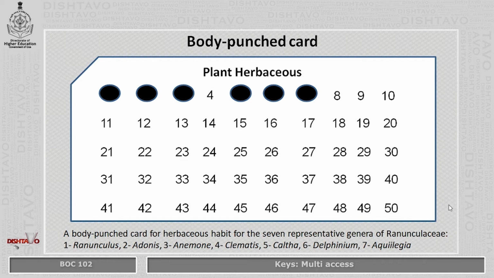Now on this card, you can see numbers printed and the holes punched. The holes punched on the representative number indicate the presence of the character, whereas where the numbers are printed, this particular attribute or character is absent in that particular taxon.